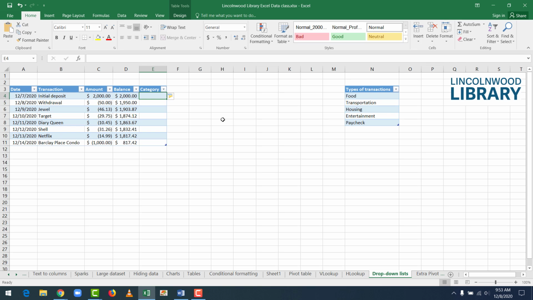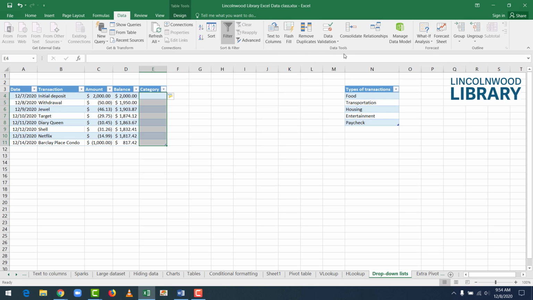So it expanded the table out. Now what we're going to do is we're going to have a label in each of these cells. And if we were typing it manually, we could make typos. But we're going to wire these values up to steal from over here, where they're always spelled the same, so that there's no typos and our data is super clean. So we'll highlight cells E4 through E11, then go into our Data tab,